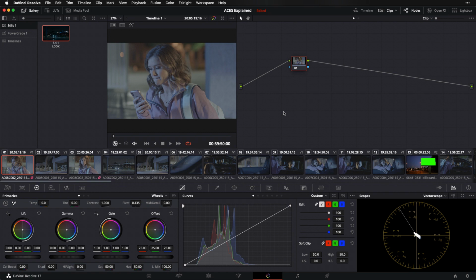But I want to start by building out my color pipeline, just like we did in part 1, only I'm going to do it slightly differently today. We're still going to use nodes and we're still going to use the ACES Transform OpenEffects plugin, but we're going to place them so that they're out of our way until we need them. So let's start from the input transform stage and work our way out to our output transform.